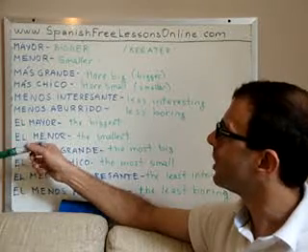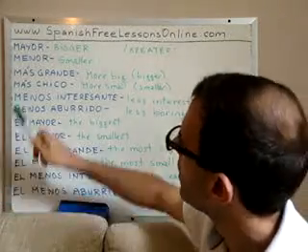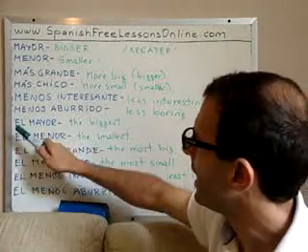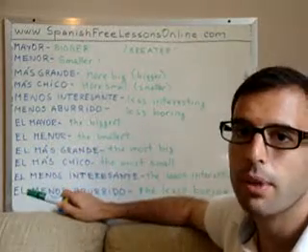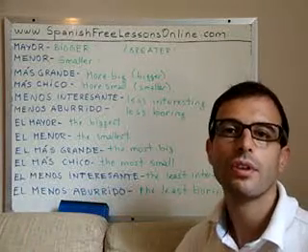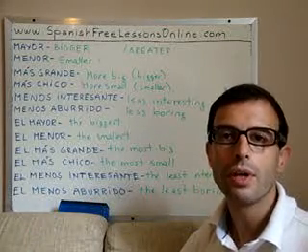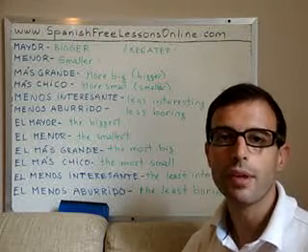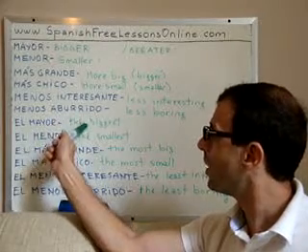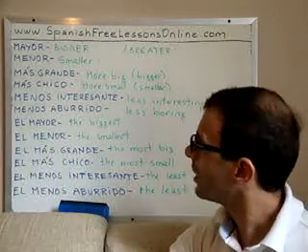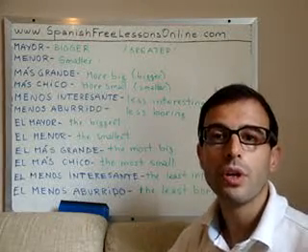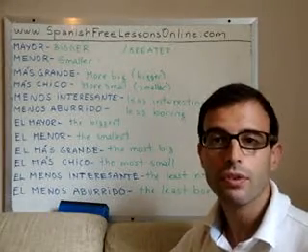Now superlatives. We have seen that mayor means bigger, menor means smaller. El mayor means the biggest. El menor means the smallest. So, el mayor or el menor, the biggest, the smallest. However, while English has this universal article that does not change, in Spanish, depending on what is the object that we are saying is the biggest or the smallest or whatever,